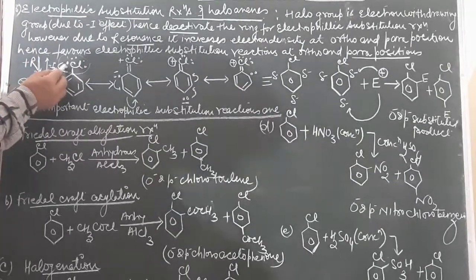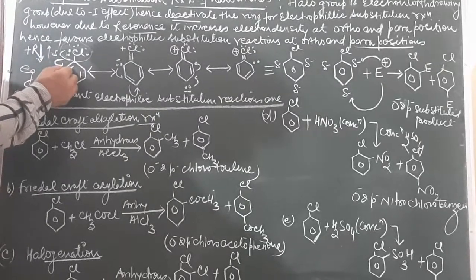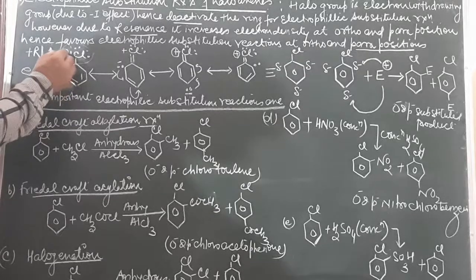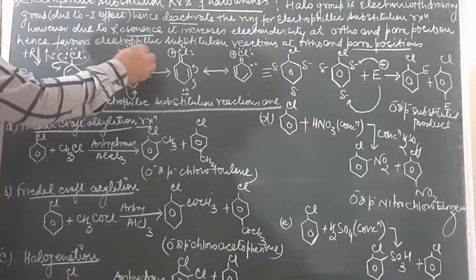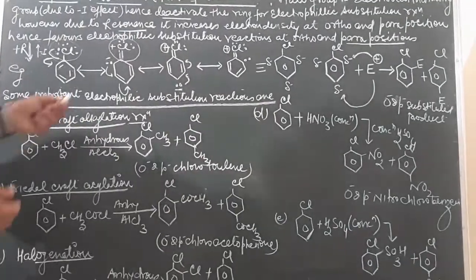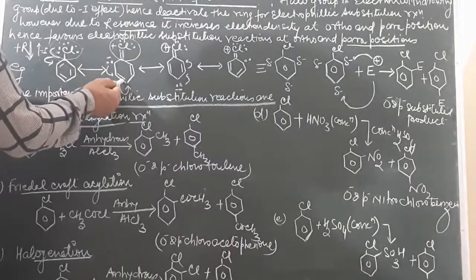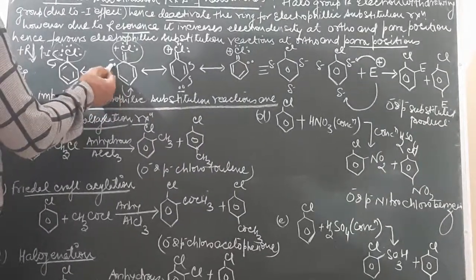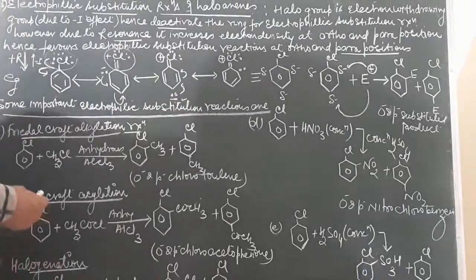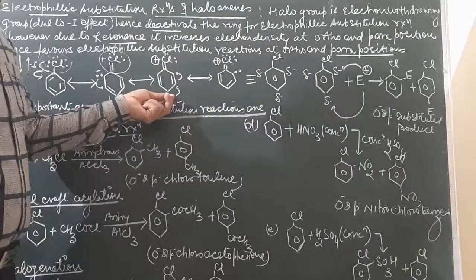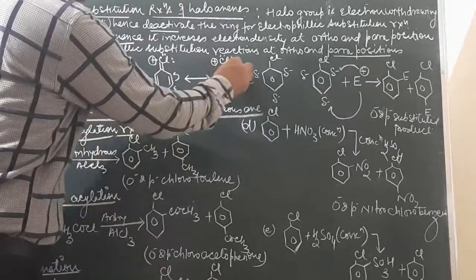So there will be an interaction between this lone pair and the pi electrons, and due to high electron density, this pi electron will shift toward this side, the ortho position, and this lone pair of electrons will attack the double bond, due to which it will acquire a partial double bond character. And there will be high electron density at the ortho position. Then there is again the interaction between this lone pair and the pi electrons over here, due to which the electron density will become high at the para position. And similarly, due to conjugation between this lone pair and the pi electrons, a high electron density center will be created at the other ortho position.